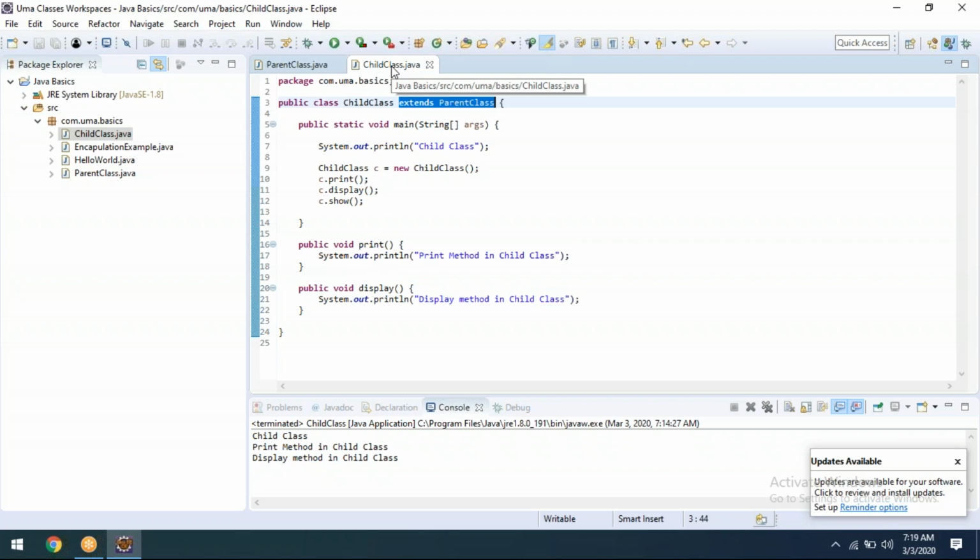Whenever we are creating an object for the respective class, we are able to call the respective class methods alone. But that object creation might be happening within the same class or outside of the class. This you need to understand. Rule number three: whenever we are creating an object for the individual class, then we are able to call all the methods which belong to that class. This is clear, right?